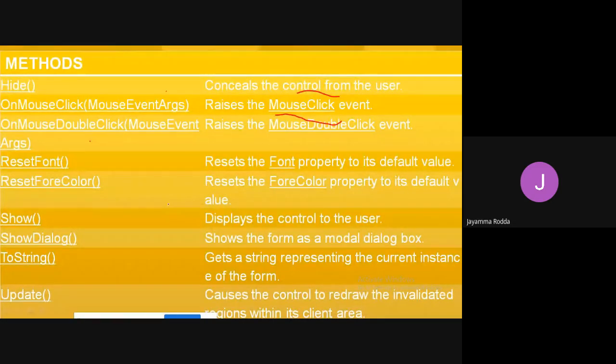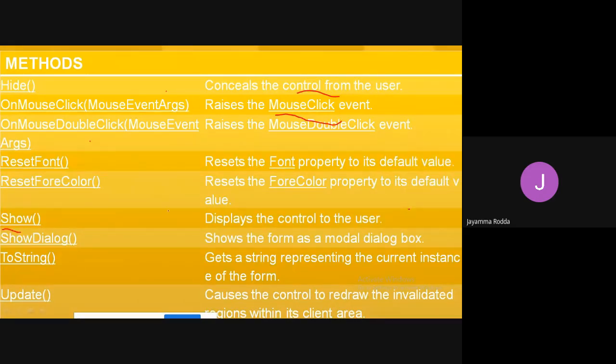Since text is in the front, the text color is the fore color property. If I have changed the font color, it will be cancelled and the old color will be restored to its previous value. Okay.